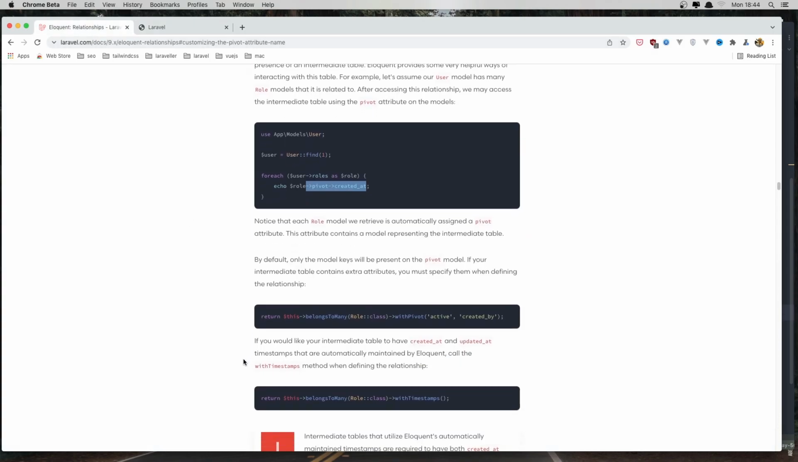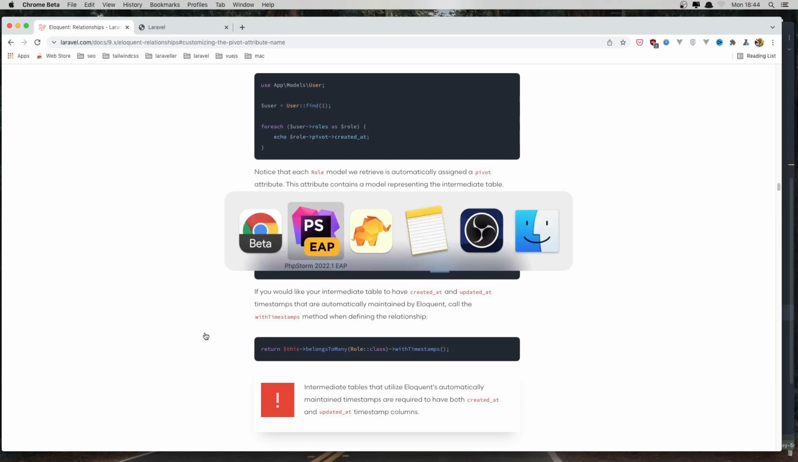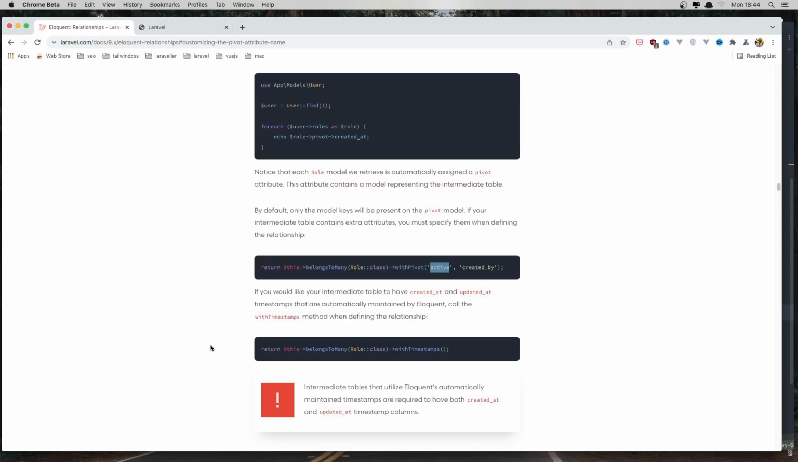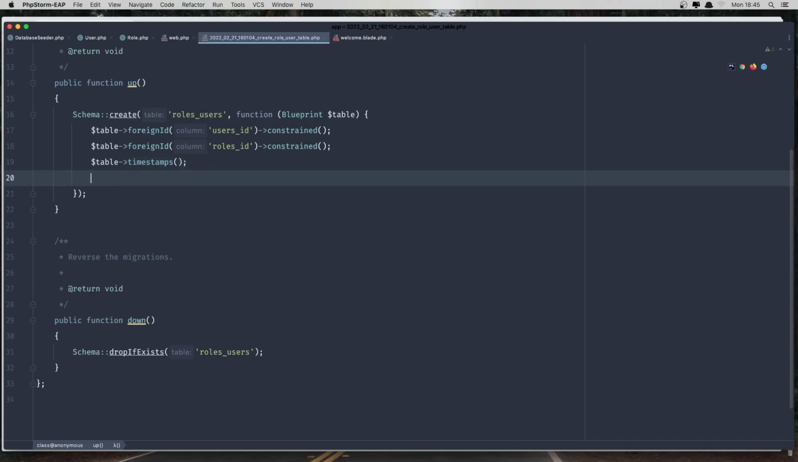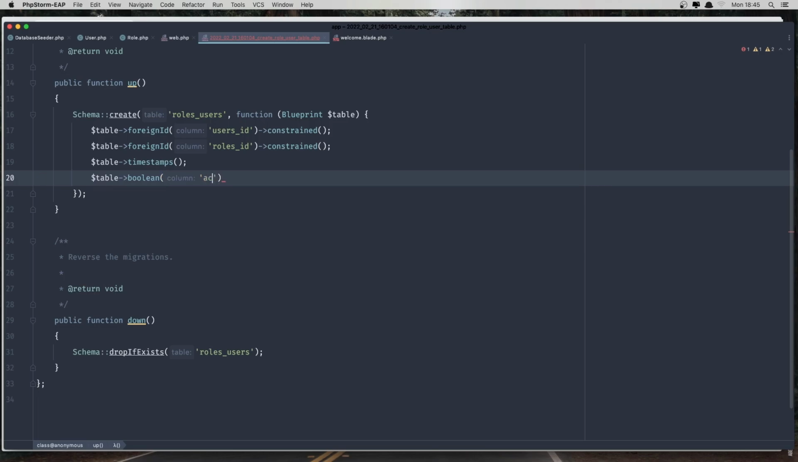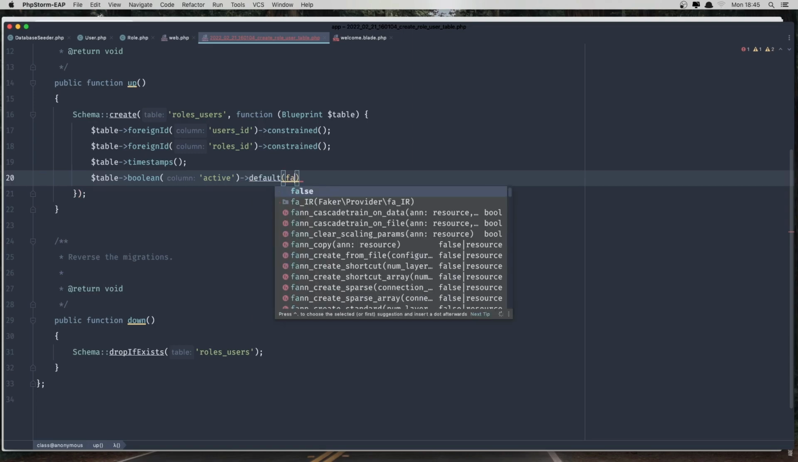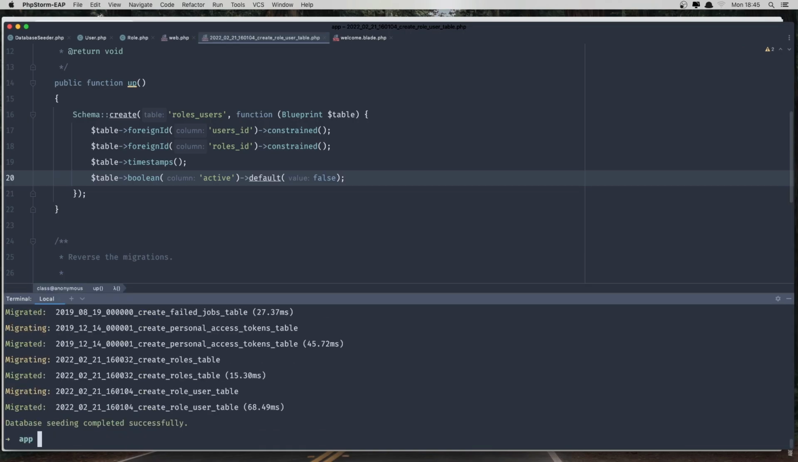Okay, next thing is if we want to add one more field, or two fields in the pivot table. So I'm going to add this active. So go to this one and add one more $table, and I'm going to add boolean active and say default to be false. Okay. Also, we need to run again the migration,